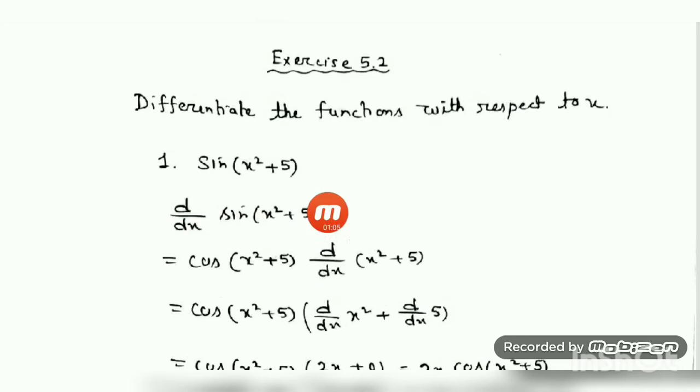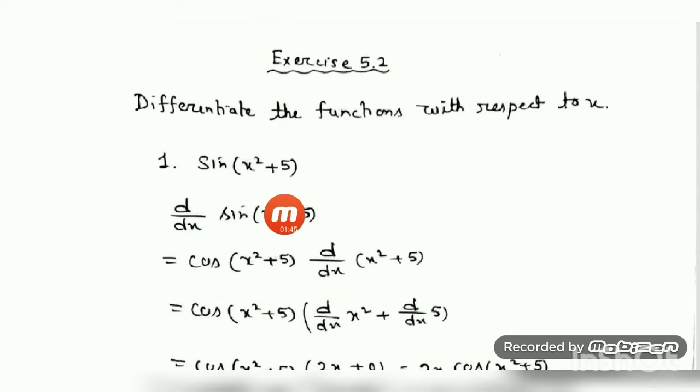Now you see, as I told in my last video, you have to think of some portion of the function as x so that it is converted to a standard formula. In this case, I see a sine is there, and having sine, we have only one standard formula, the sin x formula. So if I think of x square plus 5 as x, the result becomes sin x, and d/dx of sin x is known to us. Think it, but don't write it.